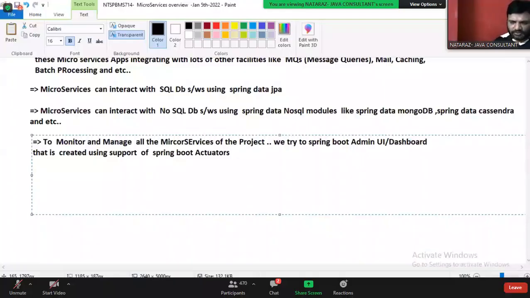Actuators are also useful in providing non-functional features like health metrics.